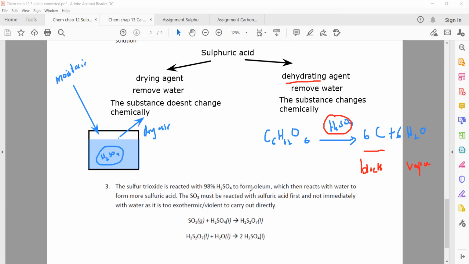So the difference between a drying agent and a dehydrating agent: a drying agent removes the water from the substance, but the substance does not chemically change. But a dehydrating agent removes the water from the substance and it chemically changes as well. So there's a chemical equation when you are using a substance as a dehydrating agent, but as a drying agent, there is no chemical equation, it's just a physical change. Is it clear, the difference between drying agent and dehydrating agent? So sulfuric acid can be used as